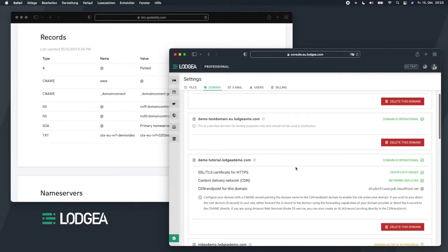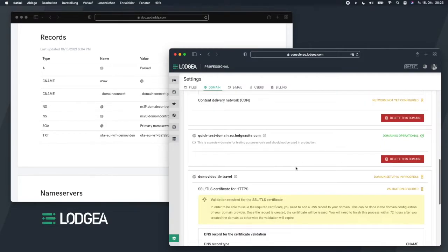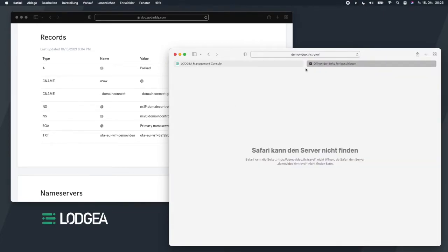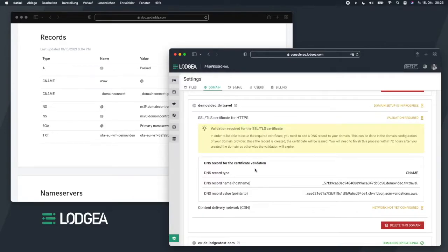And there we are. There you go, demovideo.tlv.travel. There's nothing under the domain yet, of course, because nothing is configured, and we're going on to the next step. I think the important thing to notice is bringing a little patience and just waiting for the DNS servers to propagate, for everything to be changed on GoDaddy's side, to distribute to all the name servers,